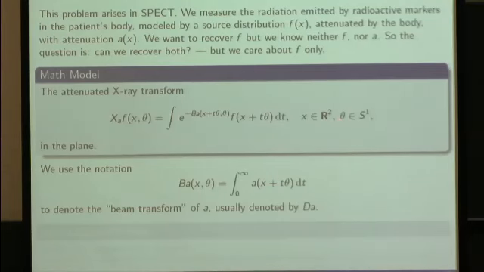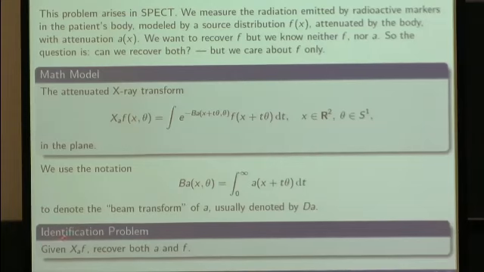So right now everything is in the plane. And B is the so-called beam transform. Usually it is denoted by D_a, but I reserve D for different purposes. And the identification problem is, given X_a f, this attenuated X-ray transform, you want to recover a and f,